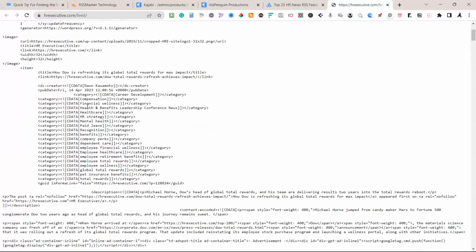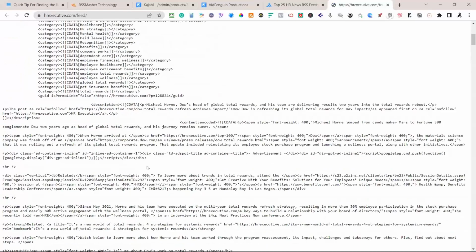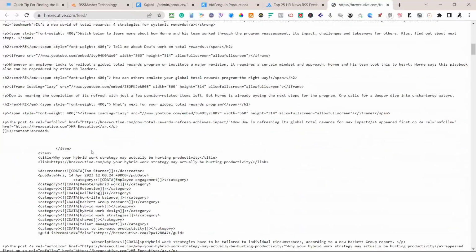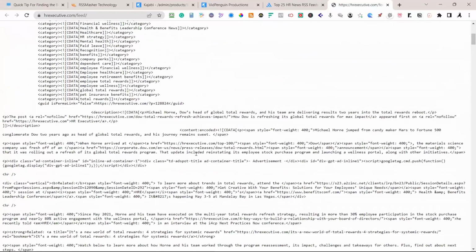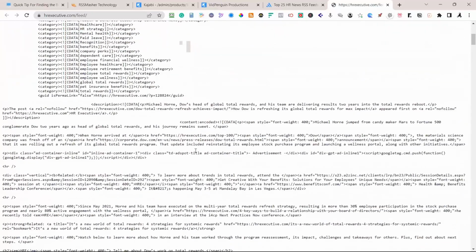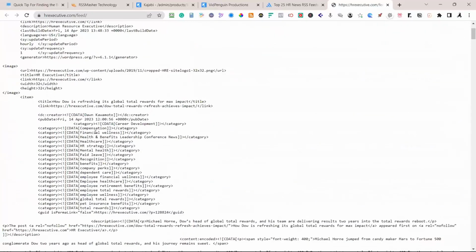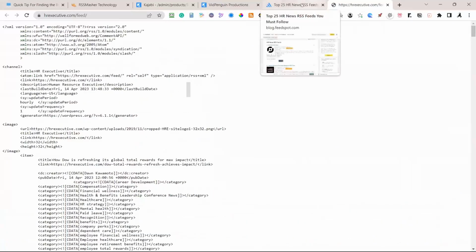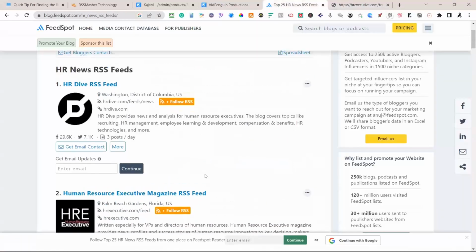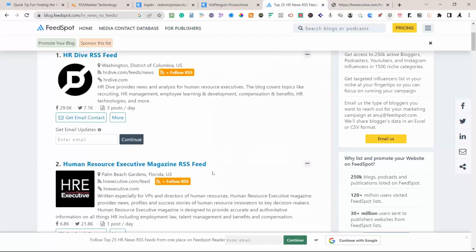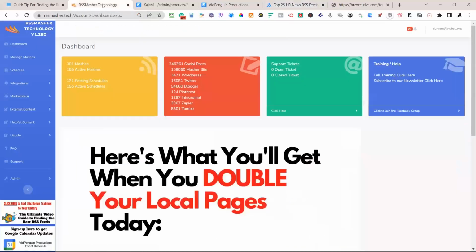So let's go down here and, okay, this is a good feed. It's got images. See the description. It's got a lot of content in here. And then here's the end of the item. So this is going to be a good feed. It's got good content. It's more than a sentence. It's actually a full blog post, and it's got a lot of items in here, images. So this would be a good feed to test. Okay. Now, just because they are in here, that doesn't mean you have to put them in your website. I would test every one of them, make sure they're good feeds. You copy it, you place it in RSSMasher,